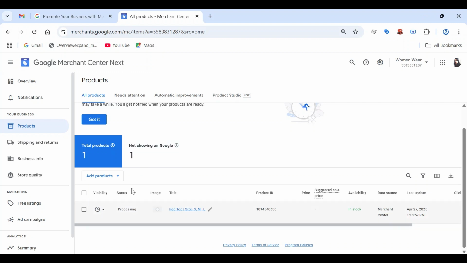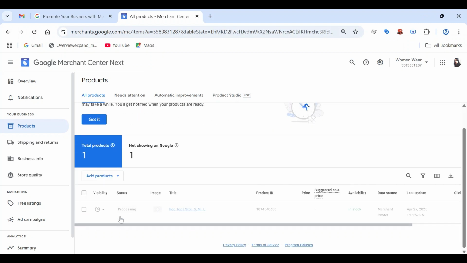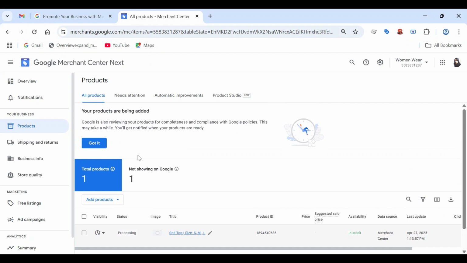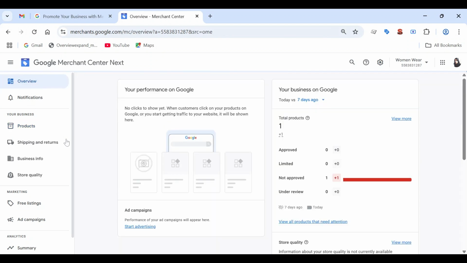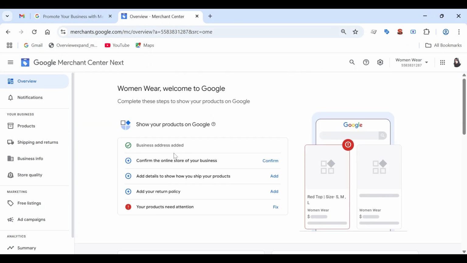If they are not approved, then you will see here what the problem is. Then you will have to click on product by product and fix those errors, right? Like here we can see these details are not verified. So once you fill all the details, this all should be in green check.